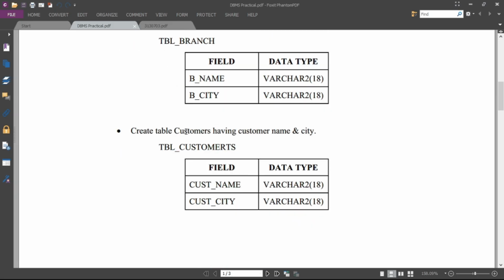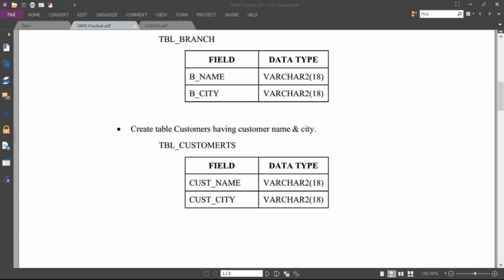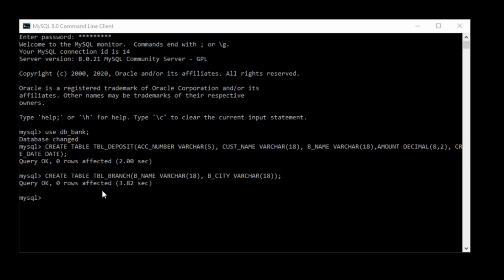Create table customers, having the customer name and the city. So the table name is customers.